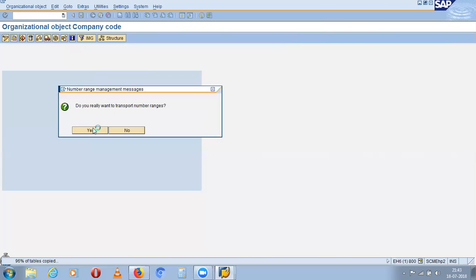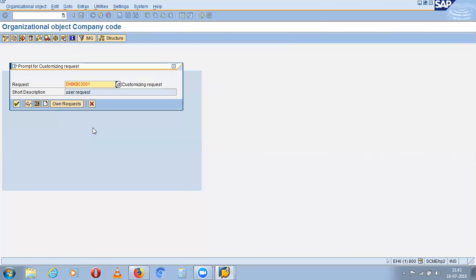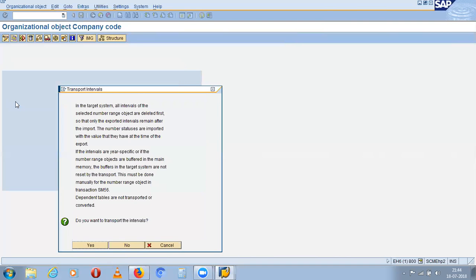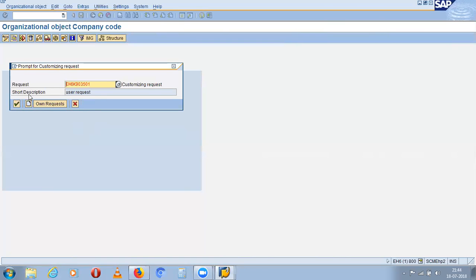So the tables are getting copied from 1000. Now press OK. Keep pressing enter key.